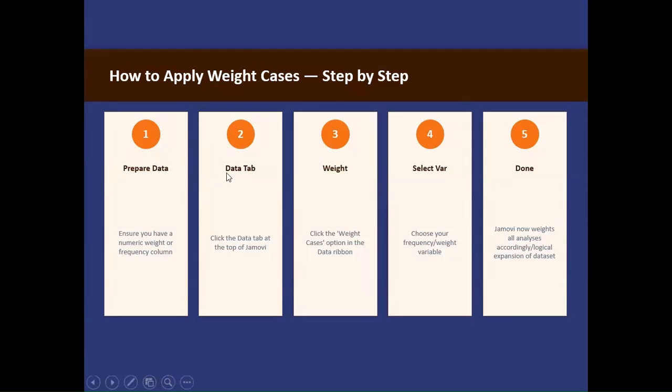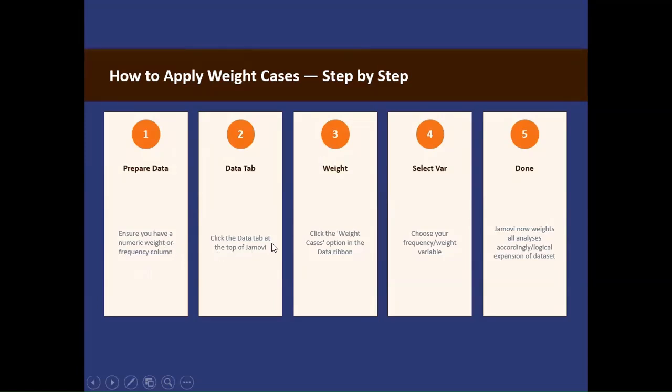Next, I'm going to explain step by step how to apply the Weight Cases option in Jamovi. First, ensure that there is a frequency column or numeric weight column in your dataset.